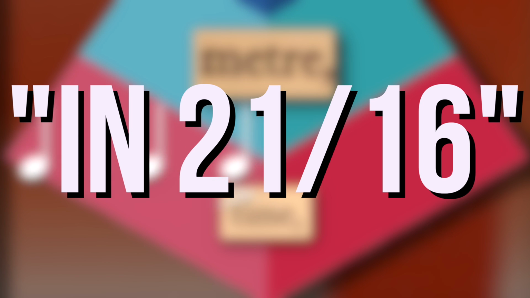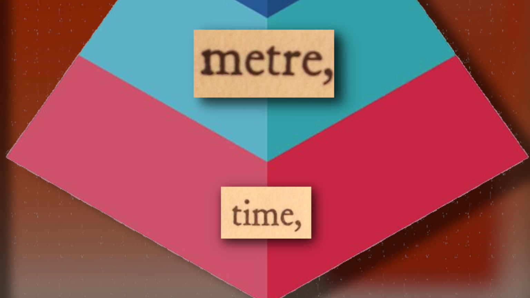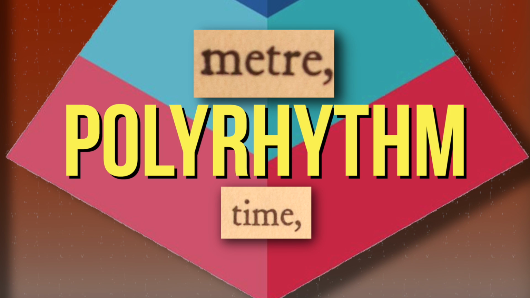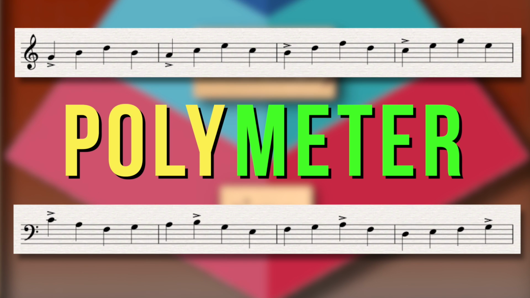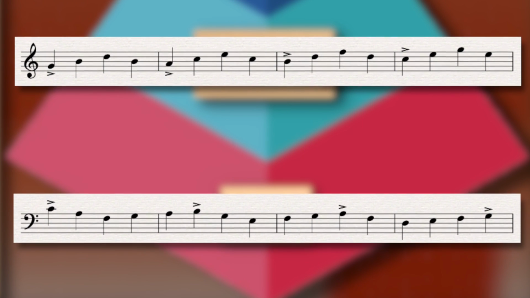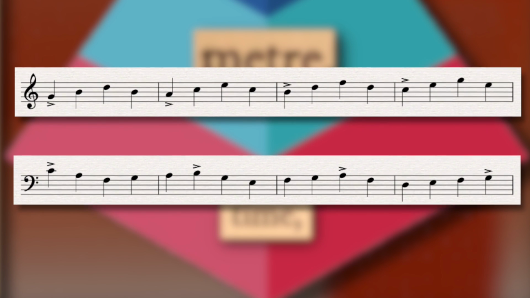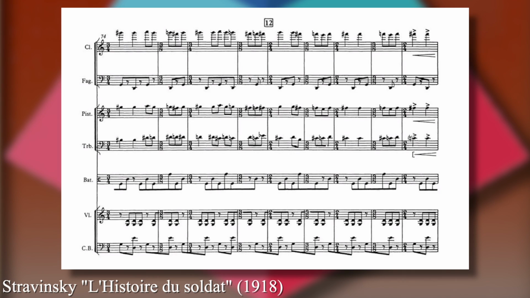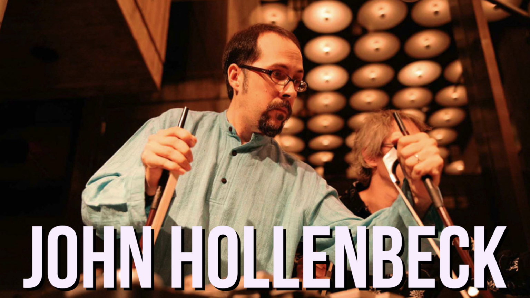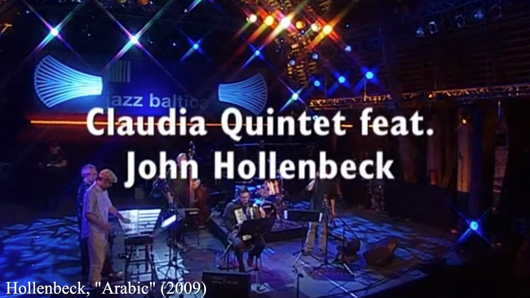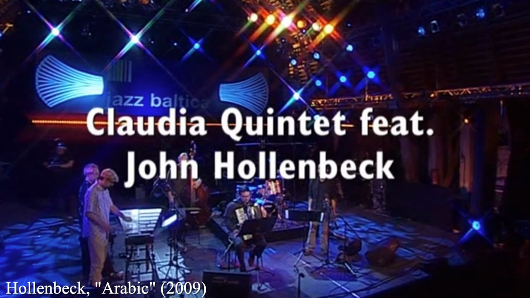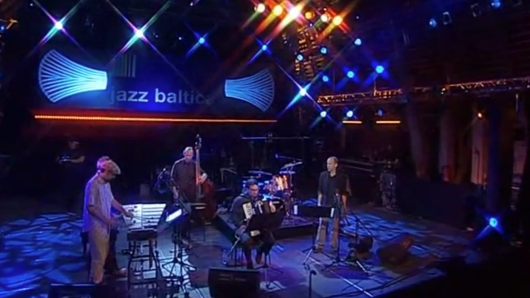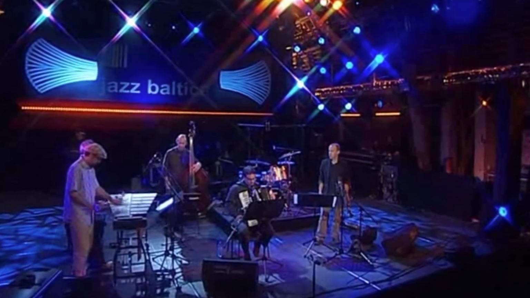21/16, or whatever. What if we were to translate the concept of polyrhythm to meter by choosing two different accent patterns to play simultaneously? This would result in polymeter, which occurs often in the work of Igor Stravinsky. Contemporary composer and drummer John Hollenbeck adds another element of complexity to polymeter in his tune Arabic, in which each instrument has its own meter, which are all played in the same tempo and repeated at the discretion of the